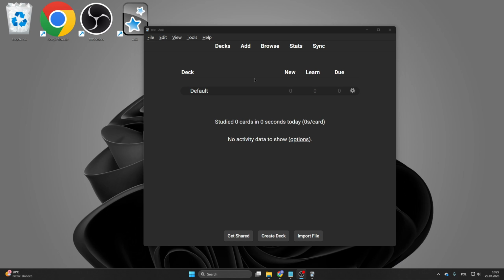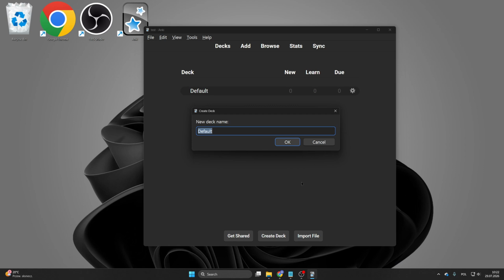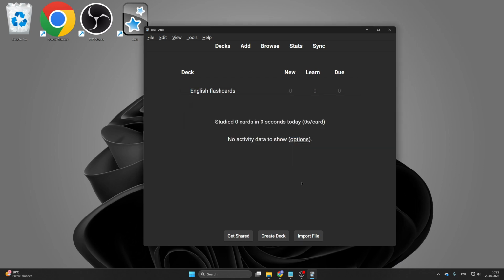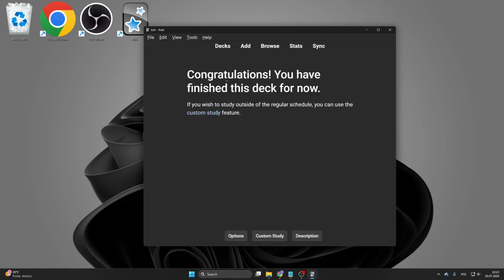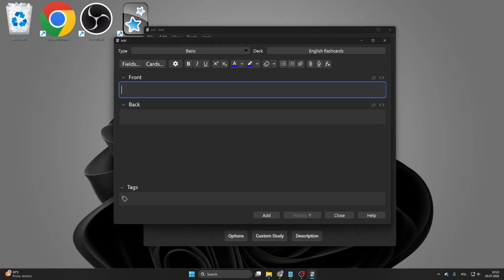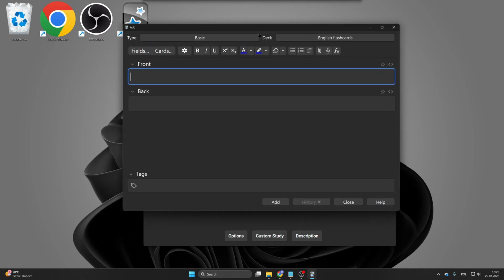Okay, so first of all, we want to create our own deck. Let's call it something like English flashcards. Now let's click on this deck and press add. And of course we see the classic